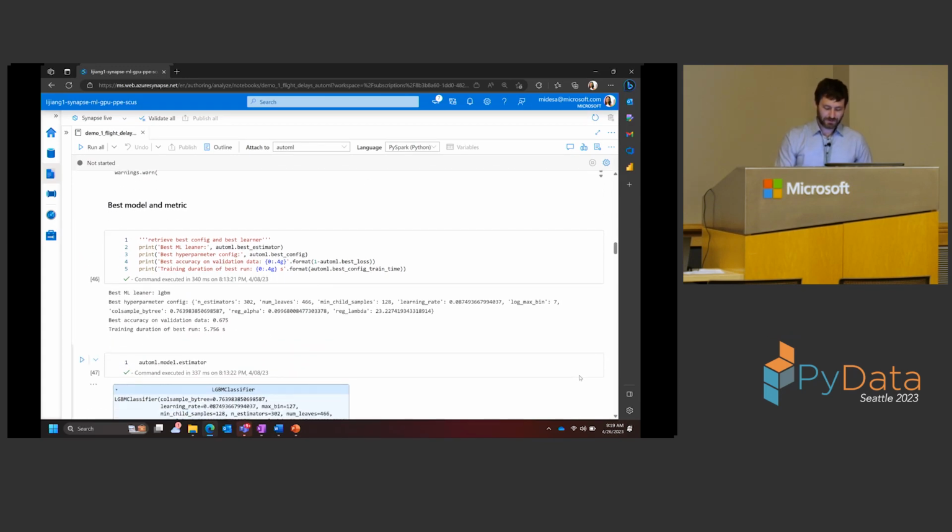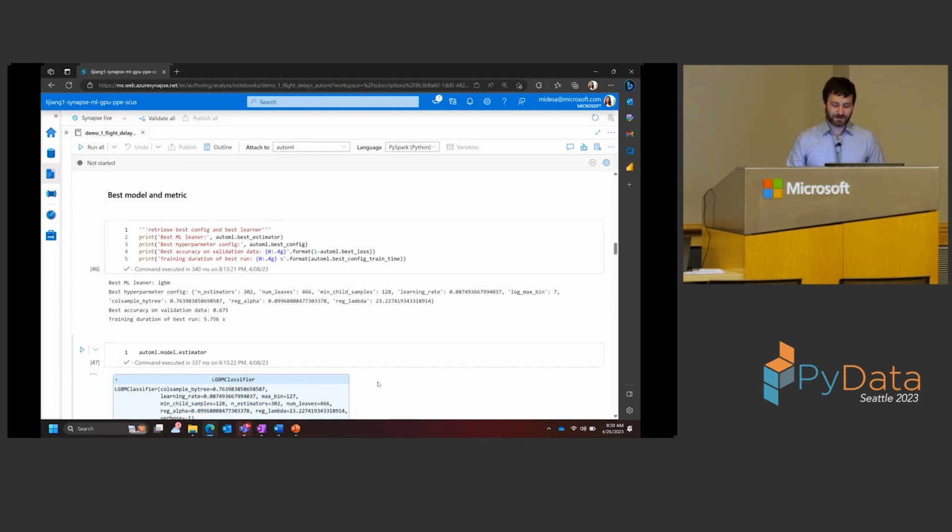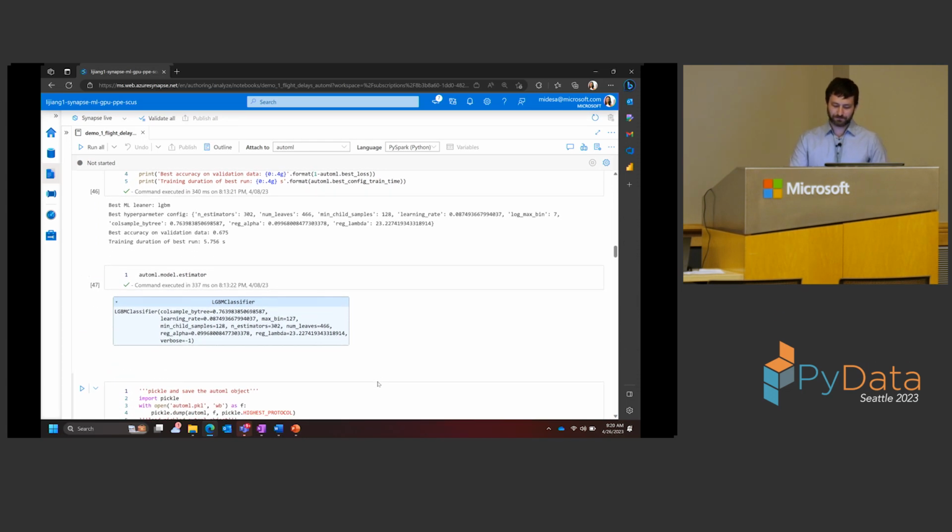So here's the configuration. The things that we need to provide if we want to do search are a time budget and the metric, and then obviously the task. The task and the time budget are sort of the main input, and I'm not going to run this live because we're giving it just 2 minutes. We call fit, and then it will